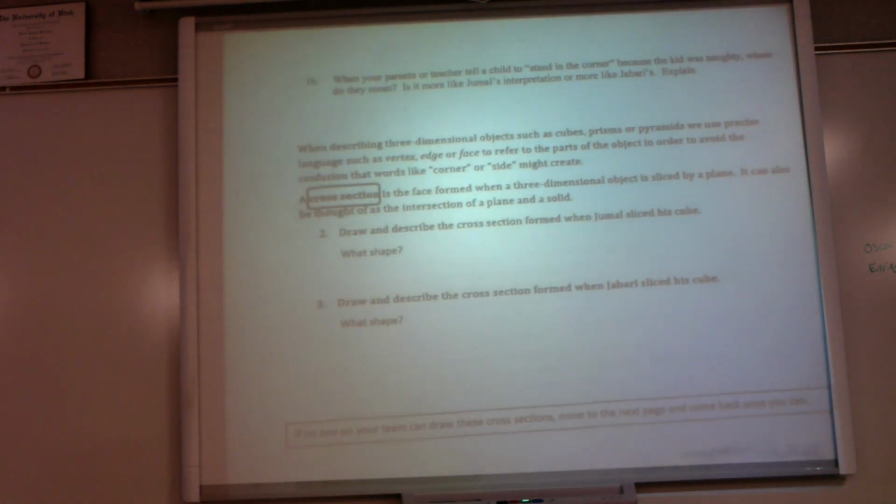The point is, when we're talking about three-dimensional objects such as cubes, prisms, pyramids, even spheres, we need to use precise language such as vertex, edge,